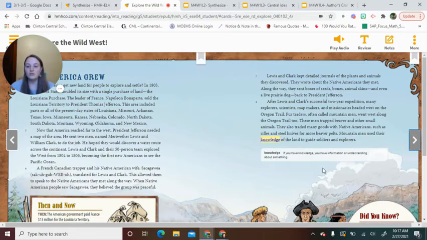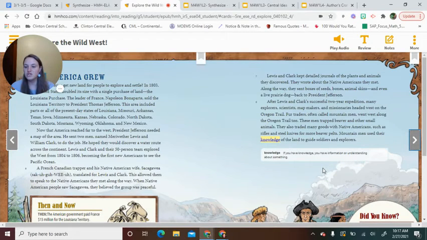Now that America reached far to the west, President Jefferson needed a map of the area. He sent two men named Meriwether Lewis and William Clark to do the job. He hoped that they would discover a water route across the continent. Lewis and Clark and their 50-person team explored the West from 1804 to 1806, becoming the first new Americans to